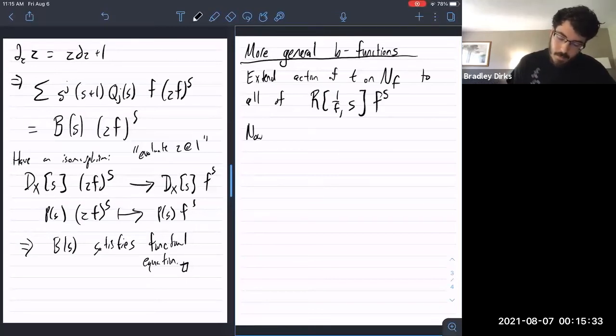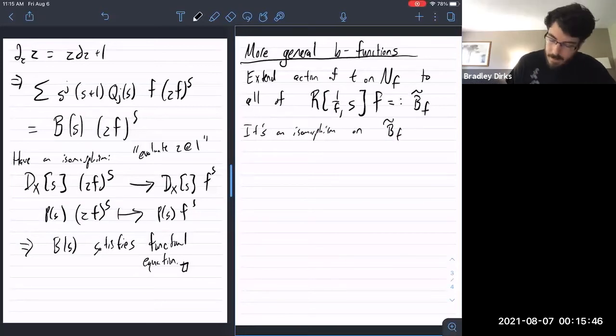But now it's an isomorphism. I'm going to label this as B_f tilde. We should keep in mind that it's an isomorphism now, but we can define